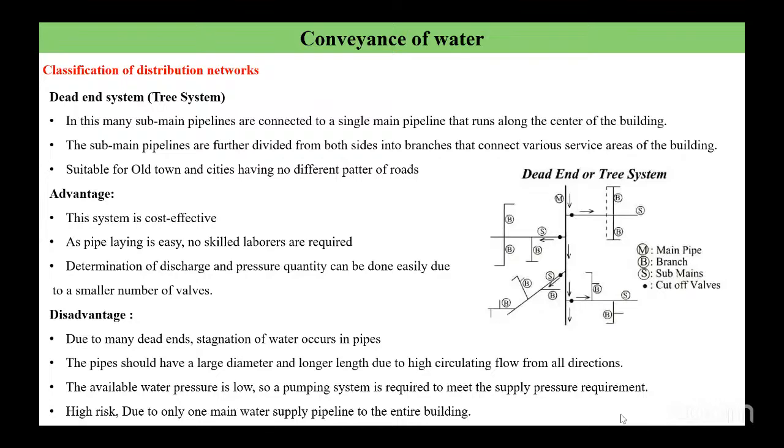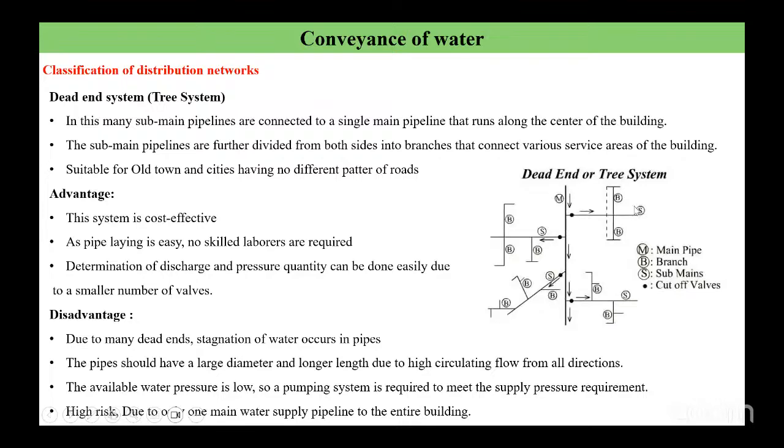In this system, many sub pipelines are connected to a single main pipe that runs along the center of the building. So one main pipeline will be there with many sub pipelines, and the water runs along the center of the building. The sub pipelines are further divided from both sides into branches that connect various service areas of the building. So if we look into this picture, there is a main pipeline where the sublines, like the branches, are present,